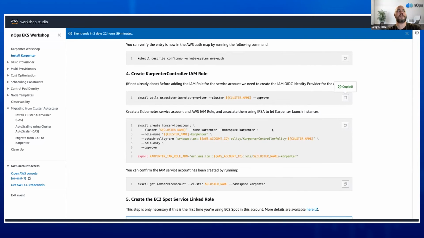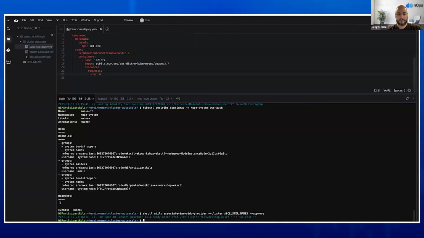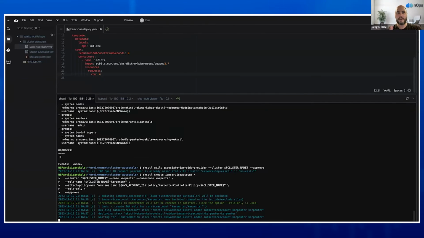Now we're going to go ahead and create the service account for Karpenter. Again, it works pretty much the same way as it did with Cluster Autoscaler. Takes about a minute to get this done. So while this is waiting,